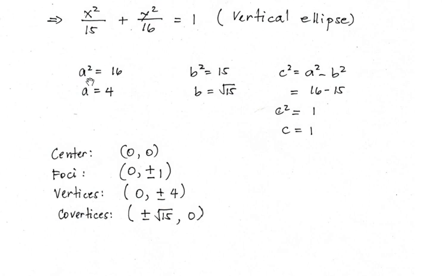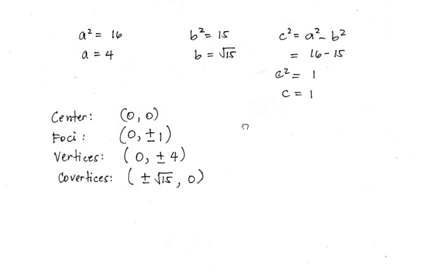So this is a squared, giving us a equals 4. And the b squared is 15, giving us b equals square root of 15. And solving for c, we have c equals 1. Okay. And recall